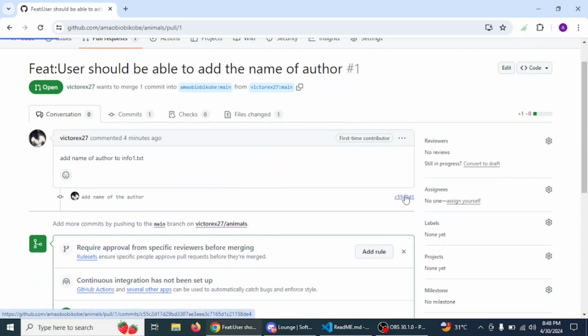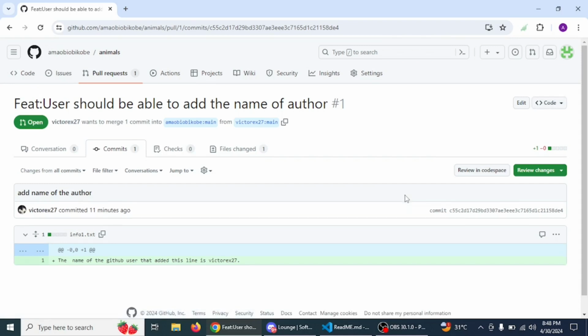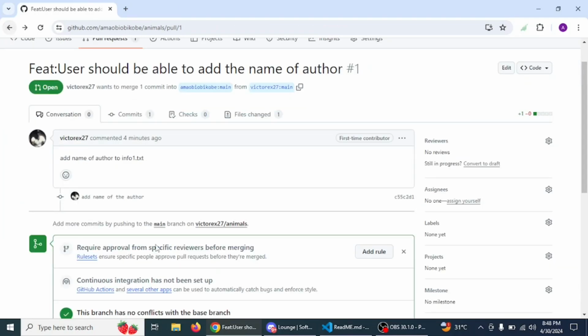So let's look at this particular commit that was made. I can see the line of code that was changed, and this is what the user wrote. The name of the GitHub user that added this line is Victor X27. So what I can come here and do is